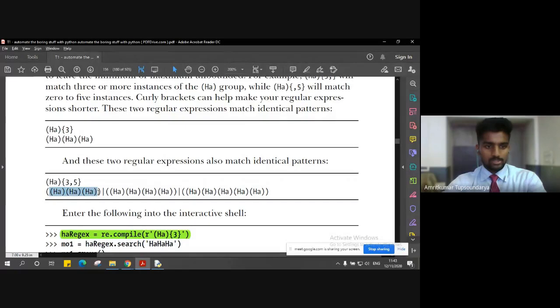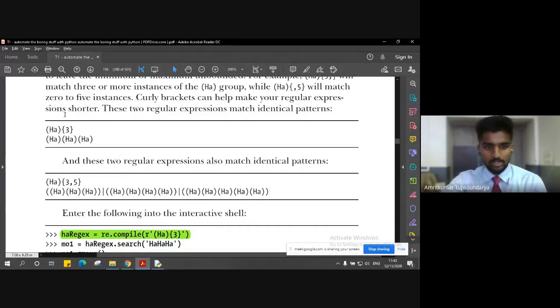First three instances, then four instances as another group, and again five instances as our third group. So the first group will have only three instances, the second group four instances, and the third group five instances. That is how a curly bracket can be useful when you want to match repeated texts, right?